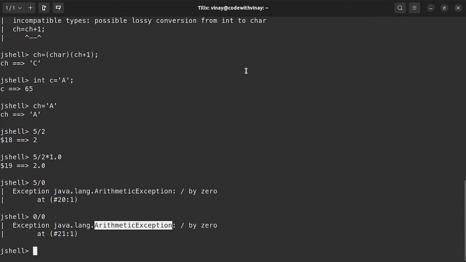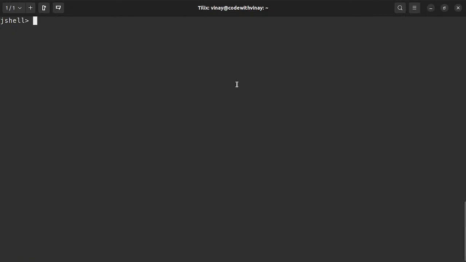So right now we were talking about integers, and whatever we are talking about int will hold for byte, short and long as well. Now if you want to store a fractional number, you'll either use a float or a double. The difference is that float takes 4 bytes and hence the range is smaller than double, which takes 8 bytes in memory. So if I say float a is equal to 2.5 and I press enter,